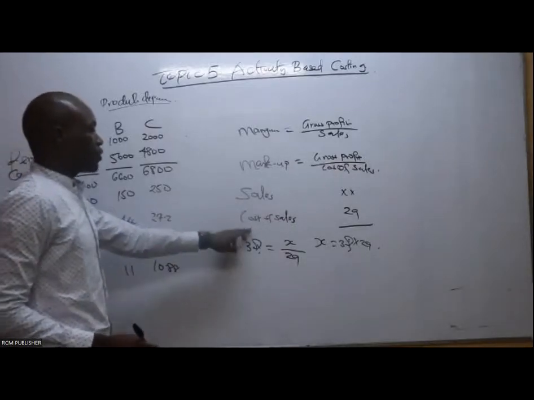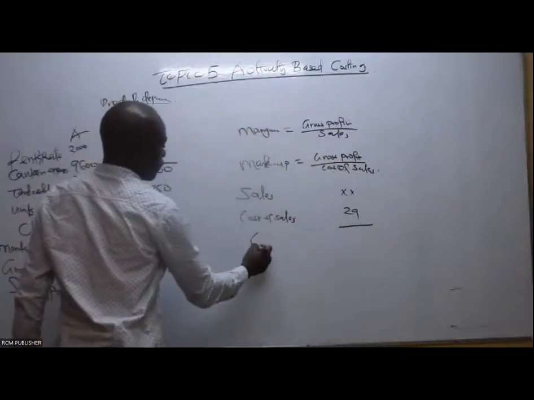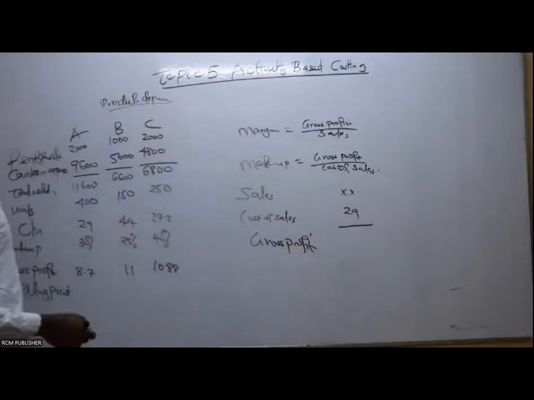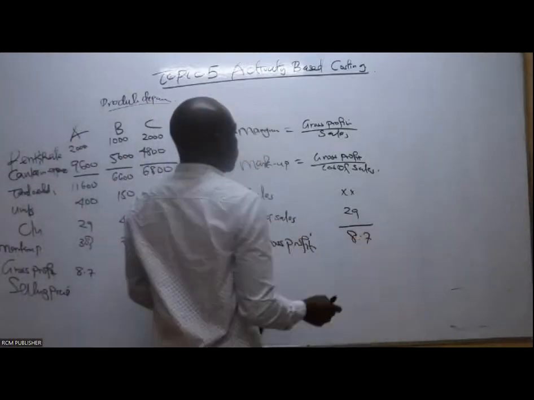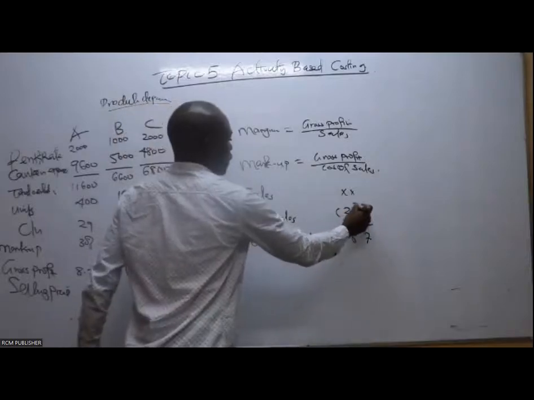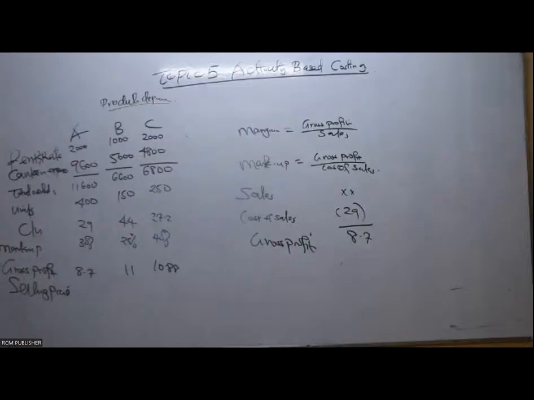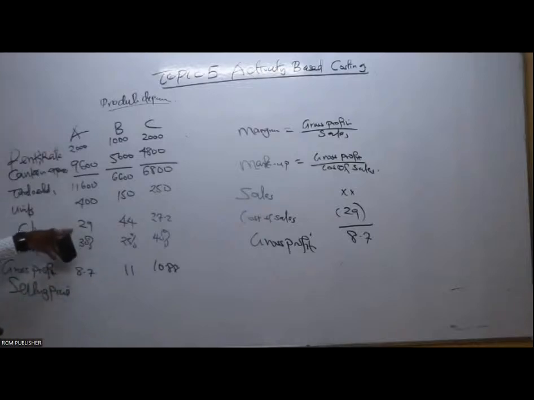10.88. Sales minus cost of sales will give us gross profit. Now, my good students, we have gross profit as 8.7. You are having something here minus cost of sales. We are getting 8.7. So what will be our sales value? The sales value, the selling price. Add back this plus cost of sales will give us